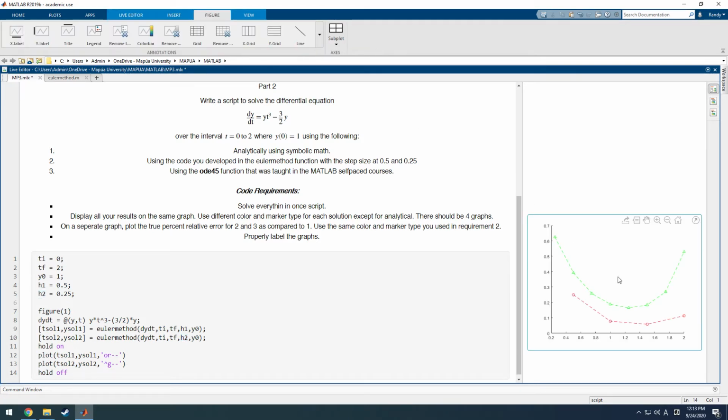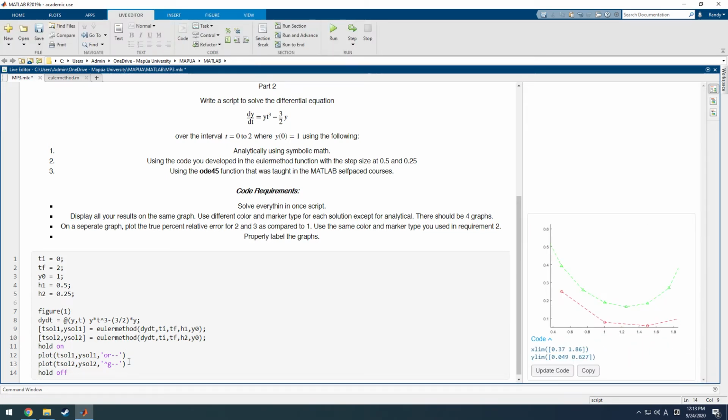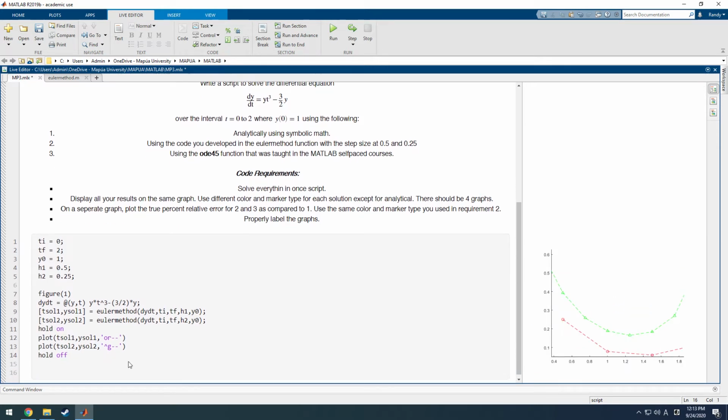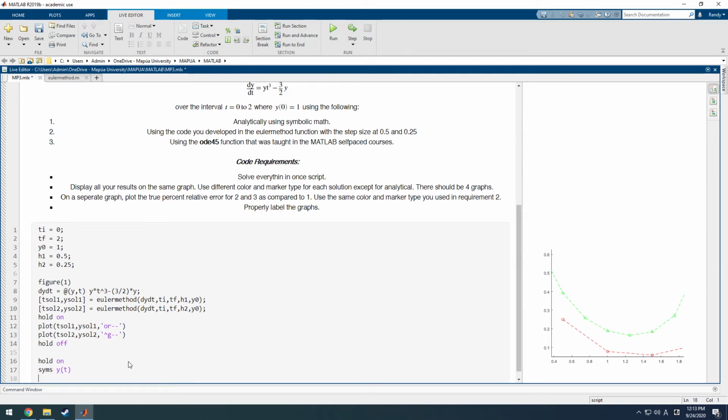Okay, so there you go. That's our function, but not yet. These are only approximations by the Euler method. So we are gonna go ahead and use the exact analytical solution using symbolic math. So since we're still gonna be using the same graph, we're gonna use hold on, and then of course, since we're gonna be using symbolic math, syms y of t, and then we're gonna